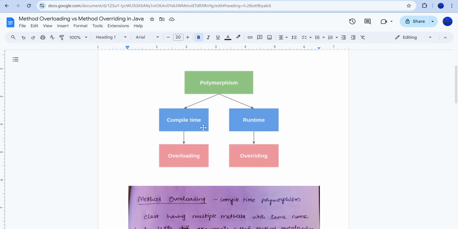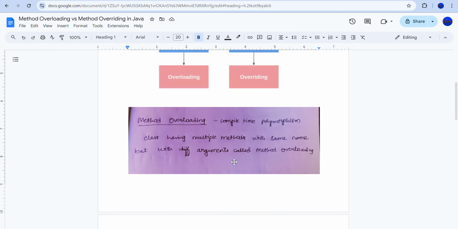The polymorphism occurring during compile time is called overloading, and which occurs during runtime is called overriding. So what is overloading and what is overriding? Let us see. Overloading occurs during compile time, so it is called compile time polymorphism. A class having multiple methods with the same name but with different arguments is called method overloading. What did I say? Same class with